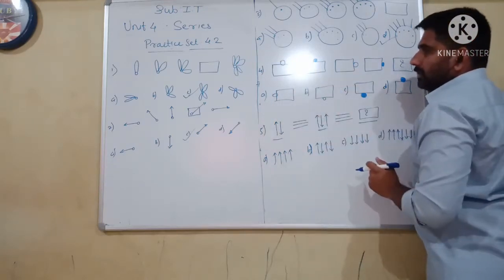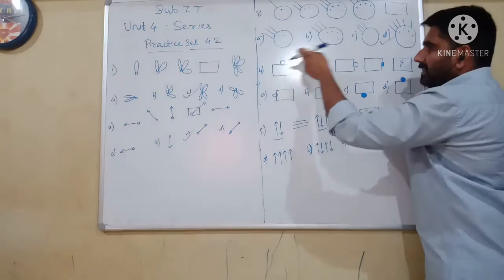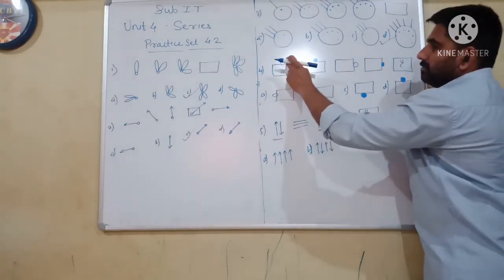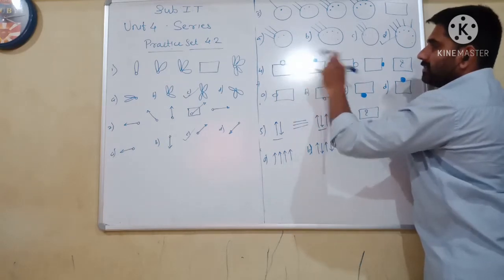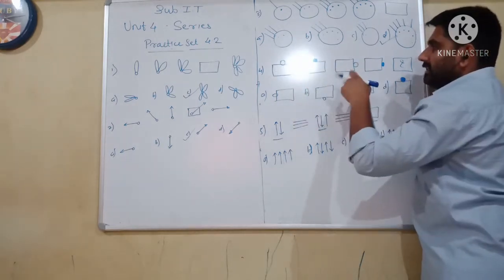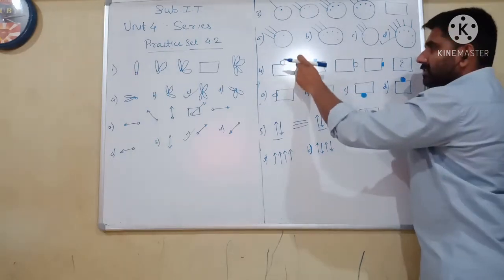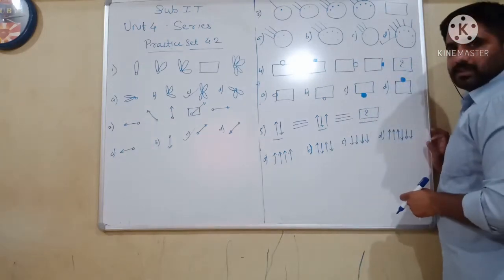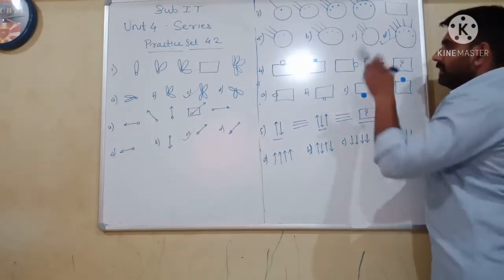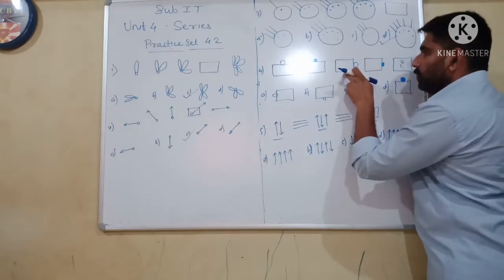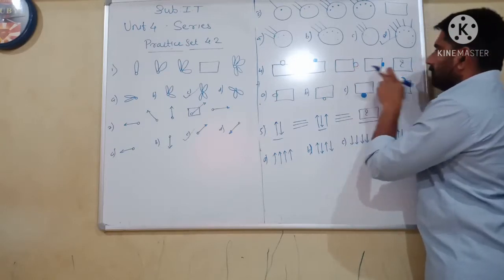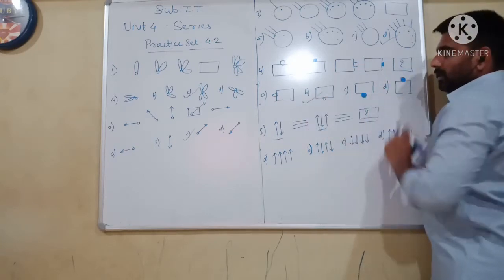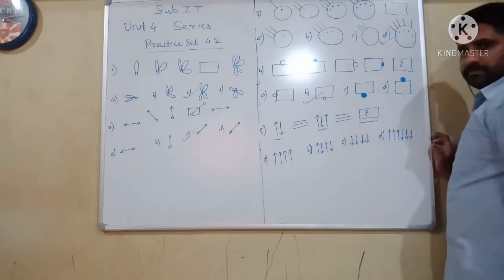In the next question, a series of boxes and some circles is given here. Firstly, the circle here is blank, followed by the next circle which is filled. Next, the same box is here but the circle has turned to the right side. Again a filled circle has turned to the right side. What will be the pattern followed? Next, this circle will go here at the downside. So in the fifth part, this circle will go to the downside, which means option number B.